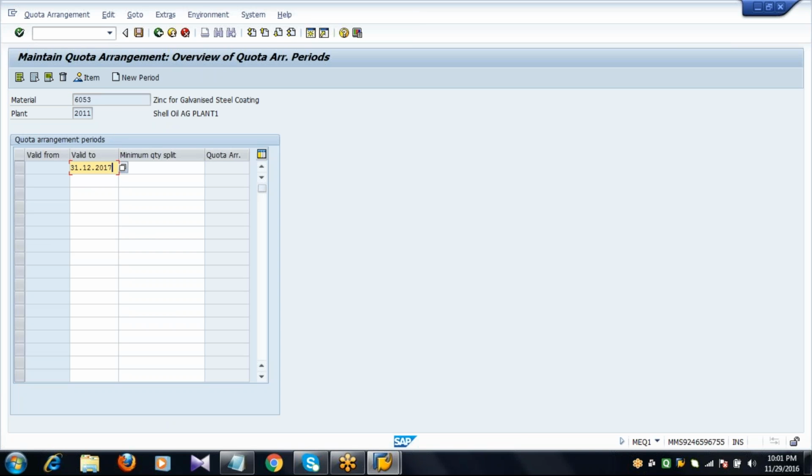Just enter valid to. Press enter. When you press enter, you'll automatically get valid from. Select the line item.